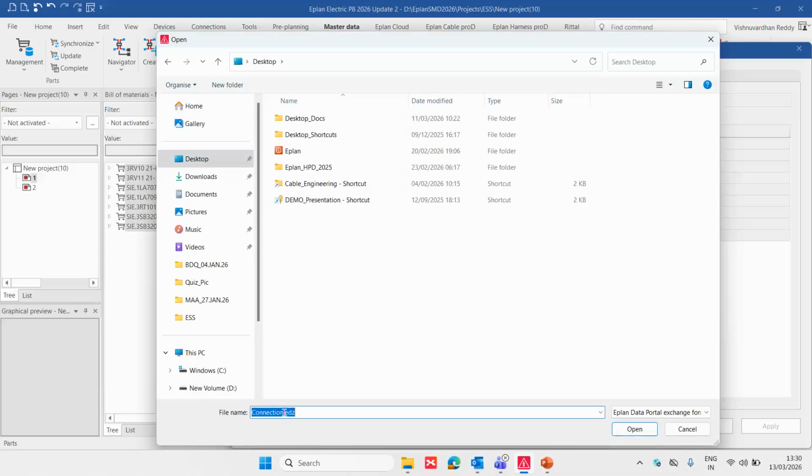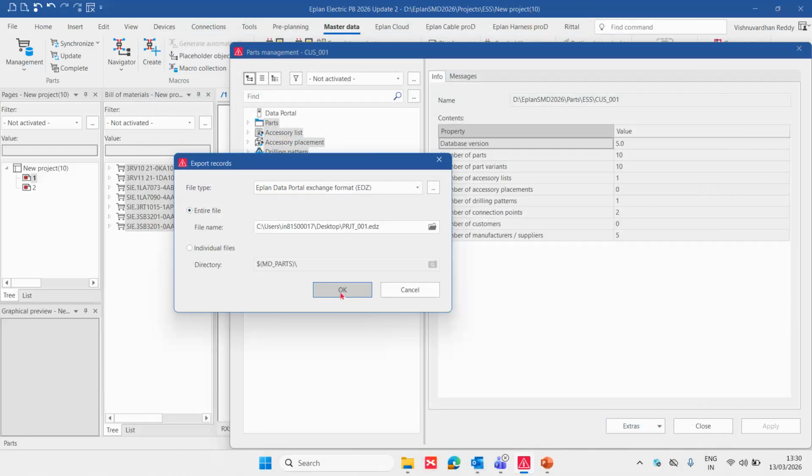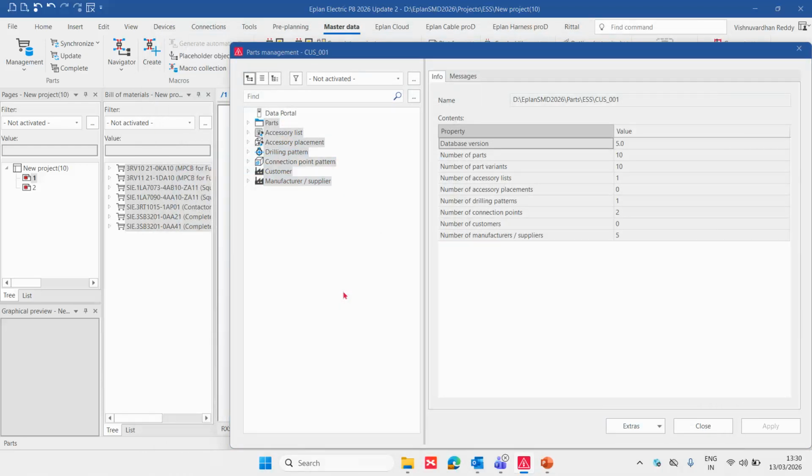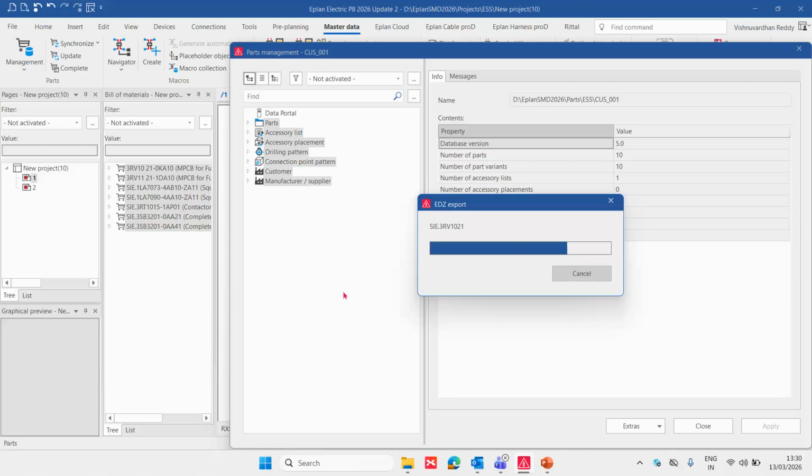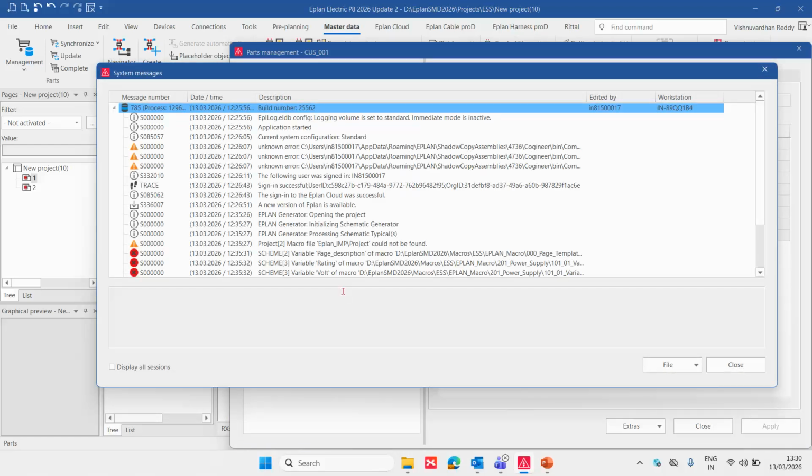So you can give the name of that. I will say this is a project so and so, PRJ001. After that, I will say open. It will be stored there, and I'll say click OK. So all the parts related to the 10 parts, it will be stored there, and that DZ means whenever customer